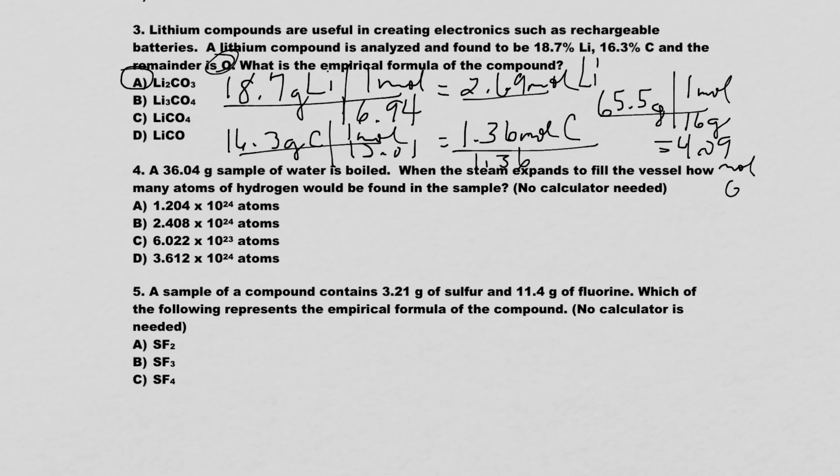Okay, number 4, a 36.04 gram sample of water is boiled. When the steam expands to fill the vessel, how many atoms of hydrogen would be found in the sample? And it says, don't use a calculator because we do need to practice doing math problems without a calculator. So when we take our mass of water,